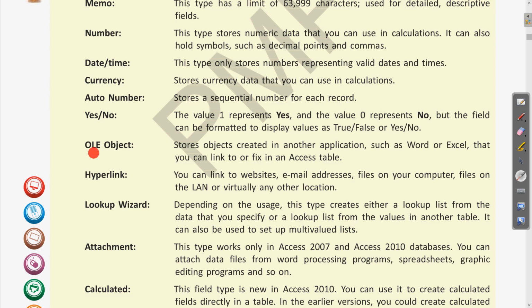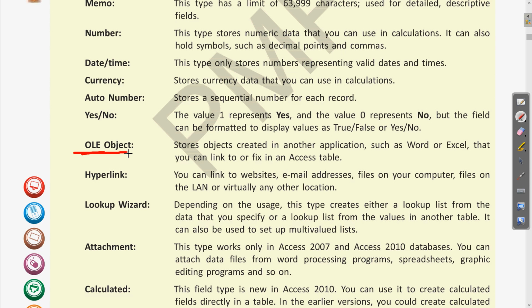Then OLE object, if you want to insert some data from other application like Word or Excel, you can use the OLE object. The full form of OLE is object linking and embedding. Using this we can insert images, we can insert different files, you can say different data which is present in similar other files.